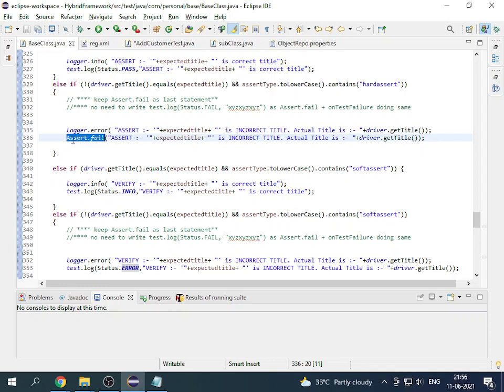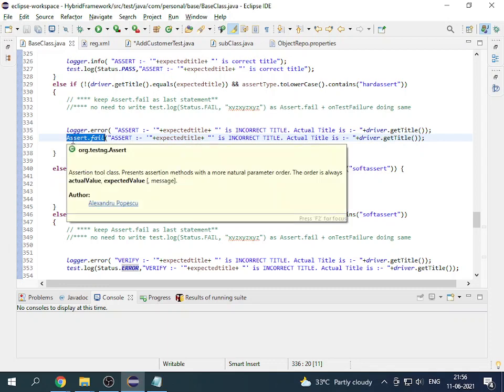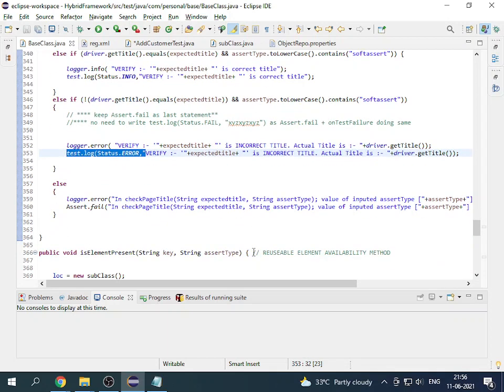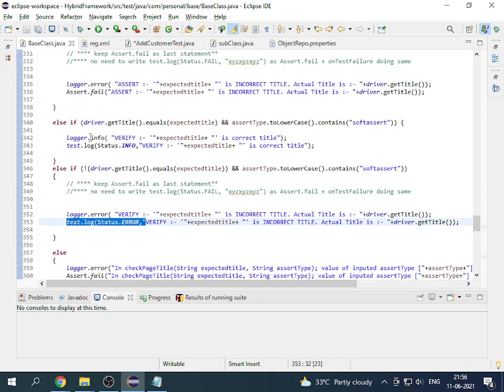When we give assert.fail, in the iTest listener there is on test failure. It is going to catch this. I think it is just much better for the on test failure method to catch this and process that information later on. Here there is no such failure, there is just an error message. So I am not using anything like assert.fail, assert.errors.